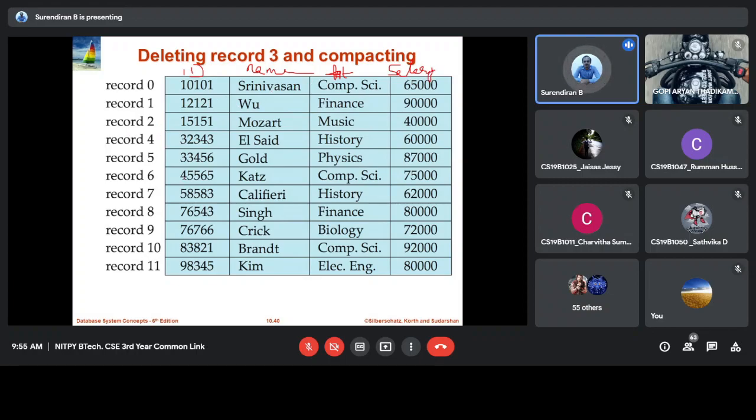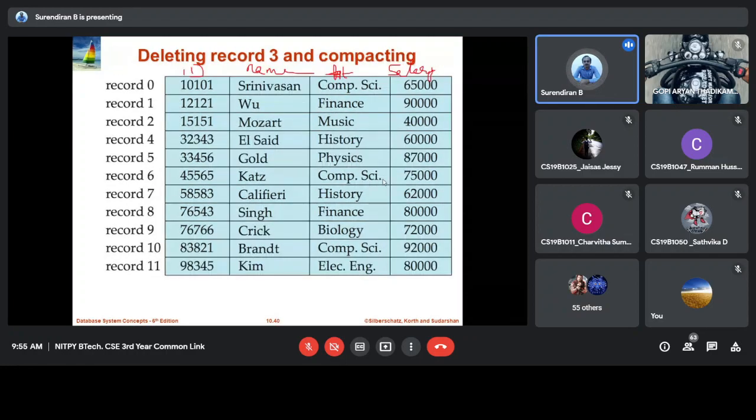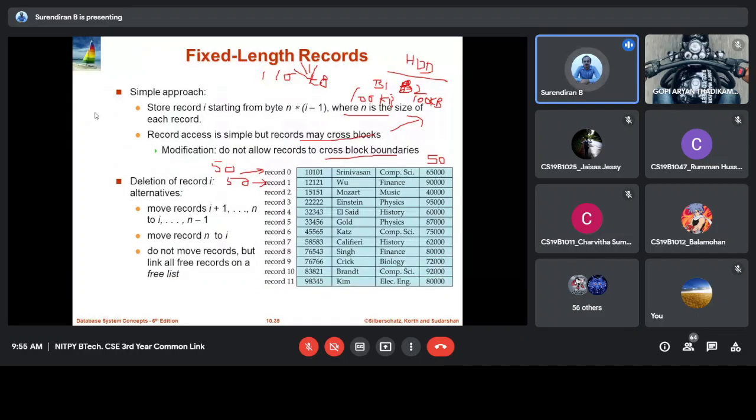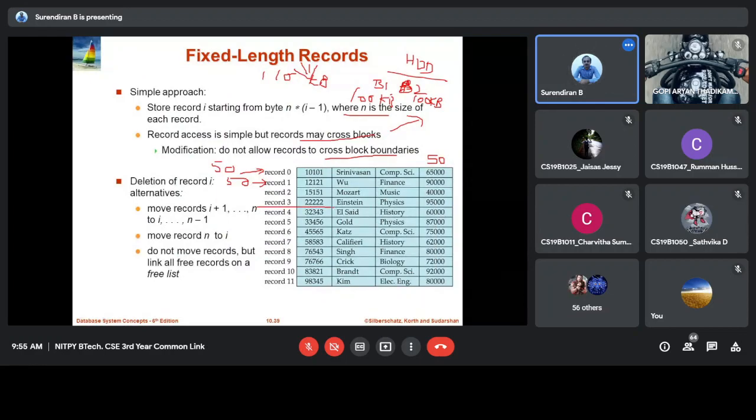Let us say we want to delete a record: deleting record 3 and moving the last record. Record 3 is Einstein, department is physics, and the ID number is 22. So here we want to delete that record.